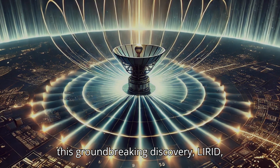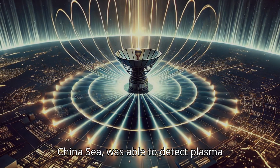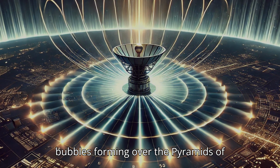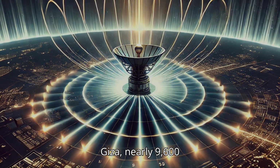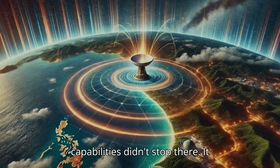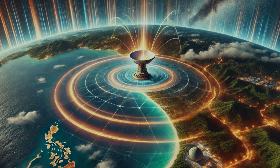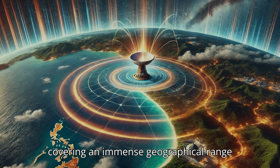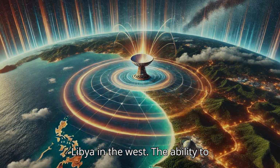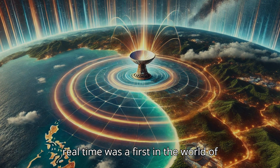In the case of this groundbreaking discovery, LARID, positioned on Hainan Island in the South China Sea, was able to detect plasma bubbles forming over the pyramids of Giza, nearly 9,600 kilometers away. But LARID's capabilities didn't stop there. It simultaneously tracked other regions, covering an immense geographical range that extended from Hawaii in the east to Libya in the west. The ability to monitor such vast and distant areas in real time was a first in the world